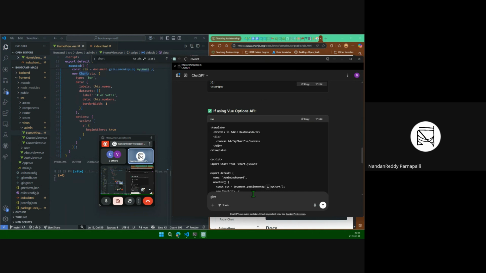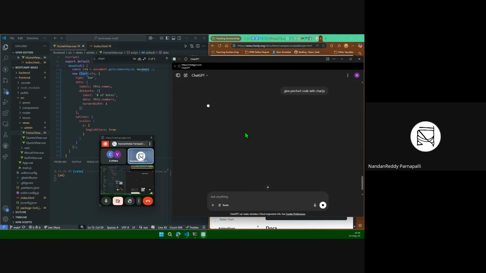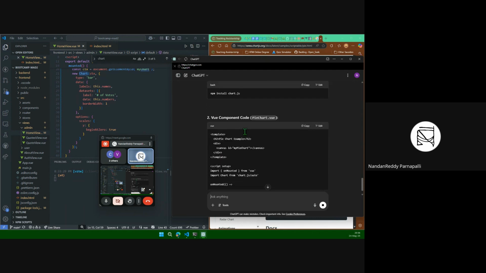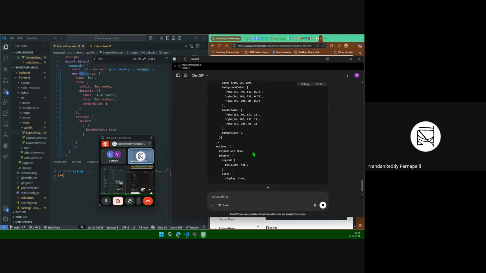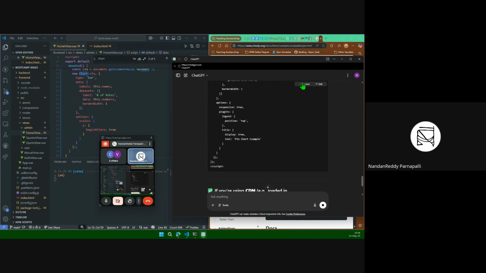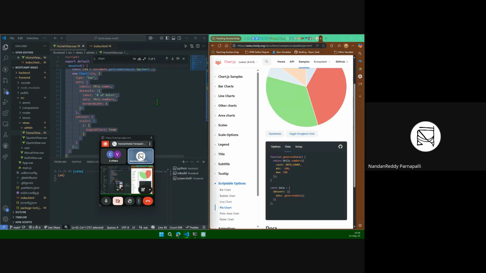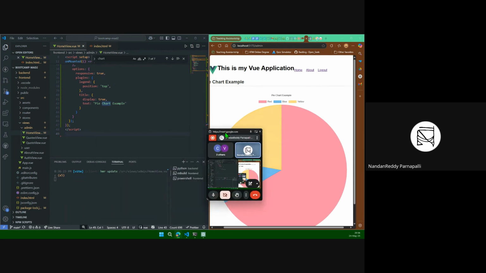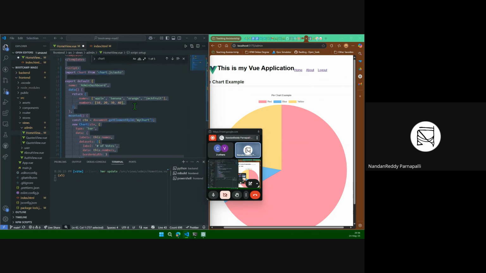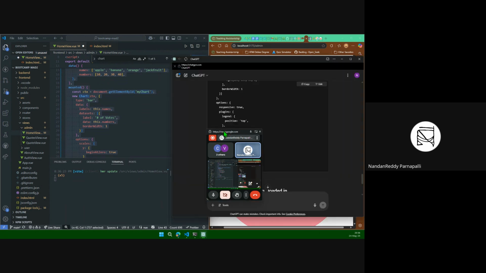Give pie chart code with Chart JS. So it is giving some data. Let's check if it works. Okay, so it is working. So we can pass our own data. So yeah, it overwrote the code. Control Z. I think let's only copy the